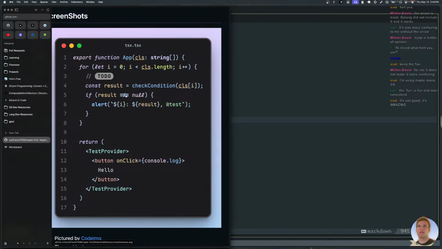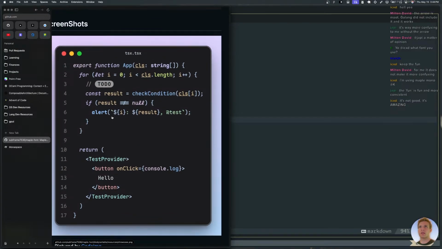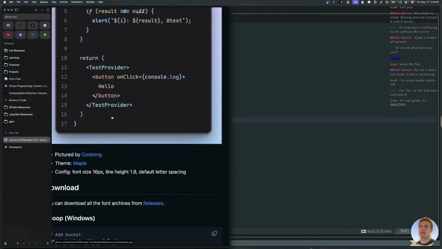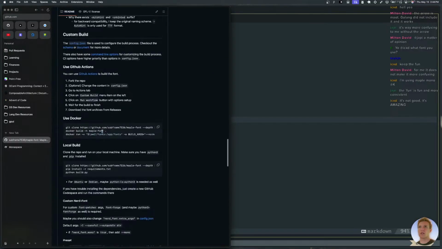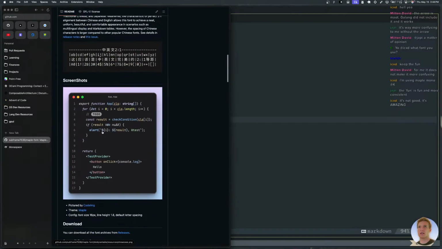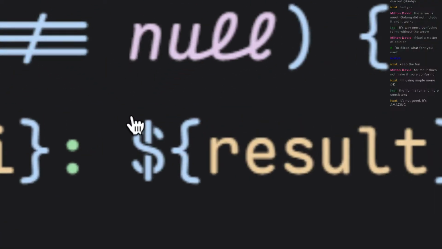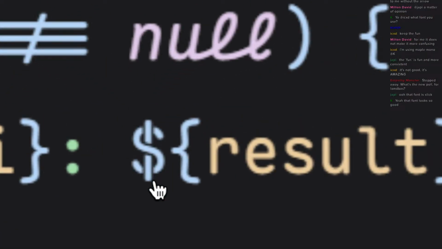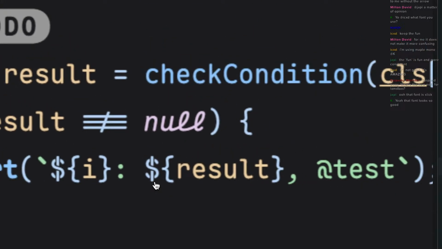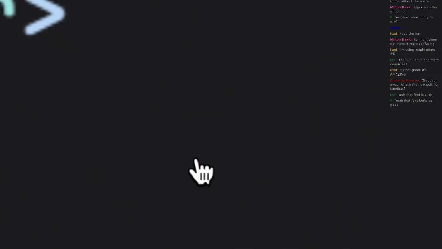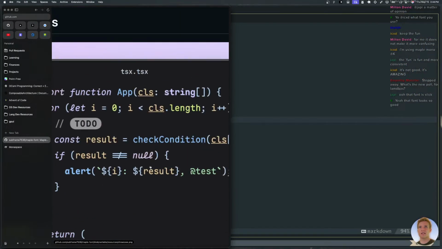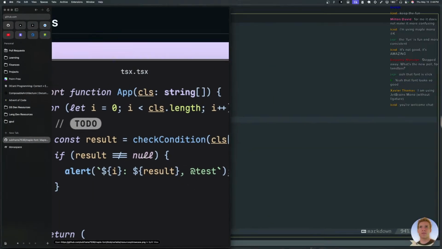It does have ligatures. Why did nobody tell me about this? That looks super good. All right, people, we're switching to Maple Mono. Oh my goodness, look at this dollar sign. And, oh, that's so good. Is this the italic? Is that the cursive-y?